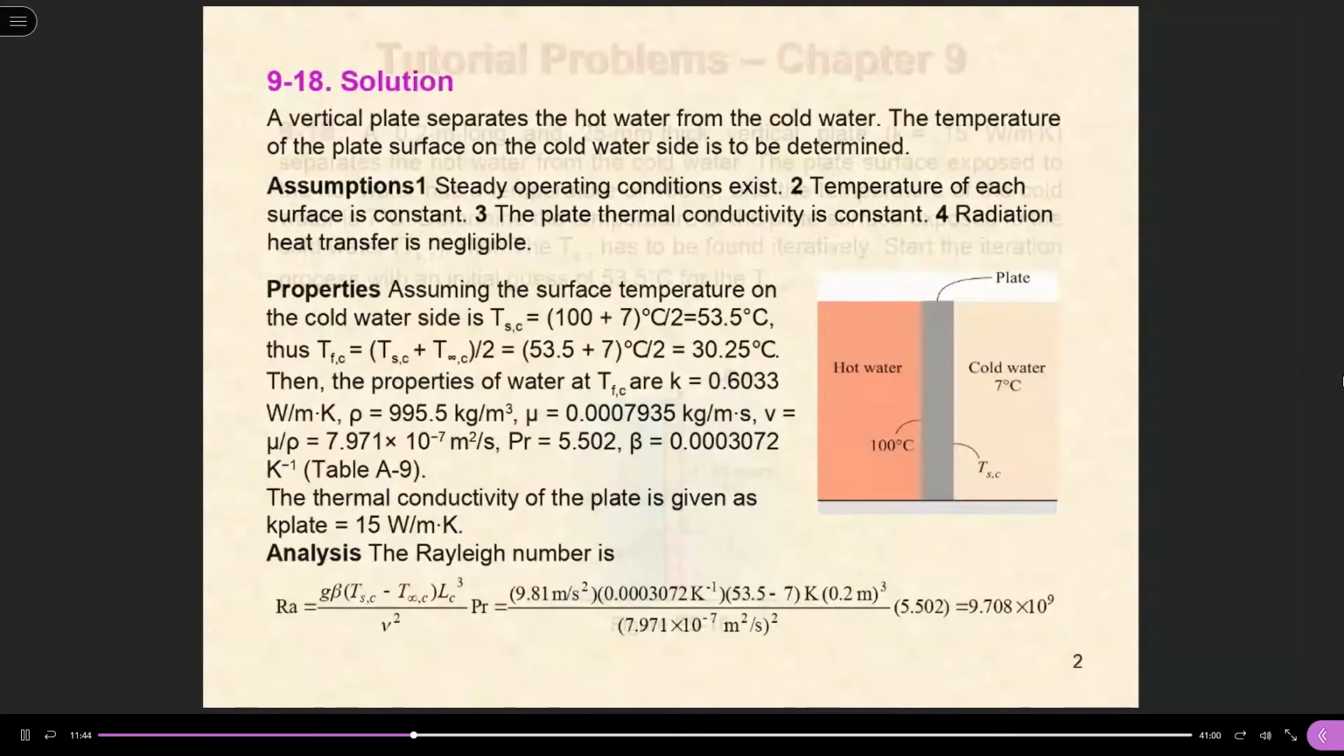Therefore, the solution looks complicated. You first have to assess, have to guess the temperature, by assuming the surface temperature on the cold water side as this. This assumption is okay because